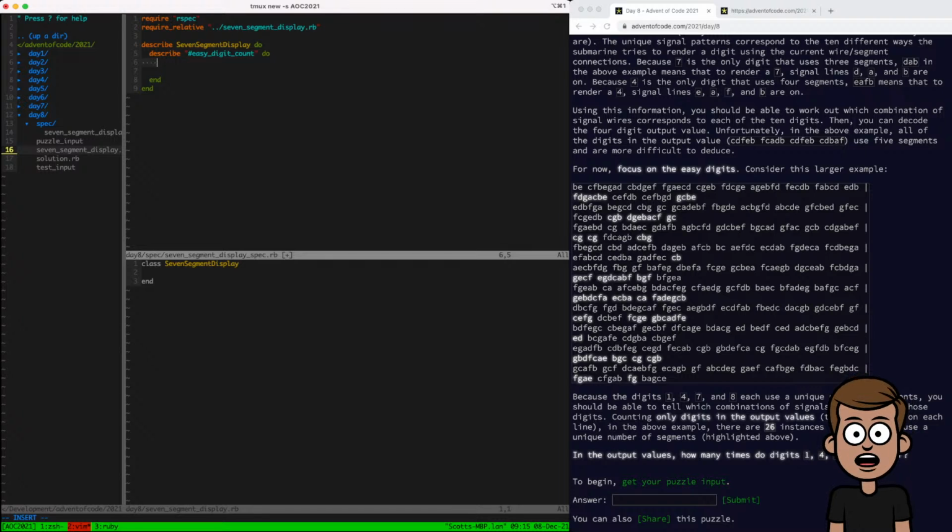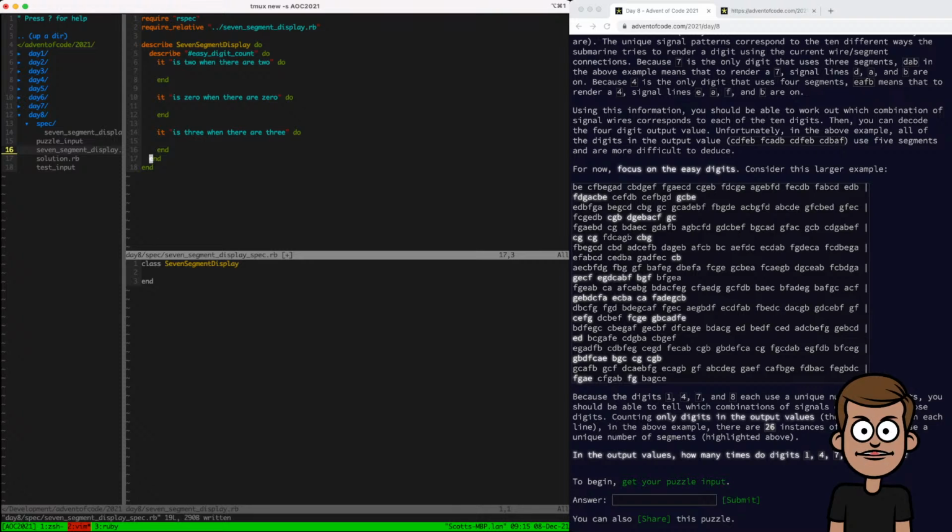So we can go ahead and just go through this. I don't have a good way to name these, but it is 2 when there are 2. It is 0 when there are 0. What's another? It is 3 when there are 3. I don't necessarily need too many of these tests, but